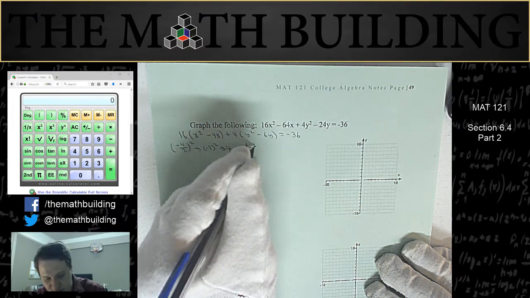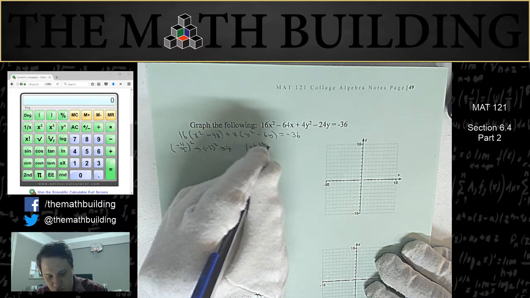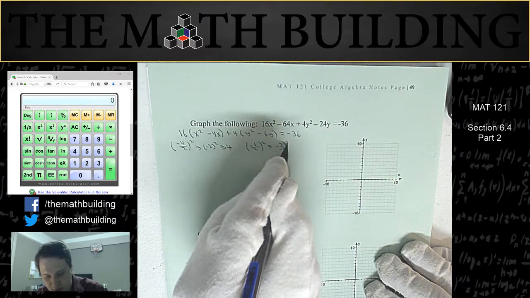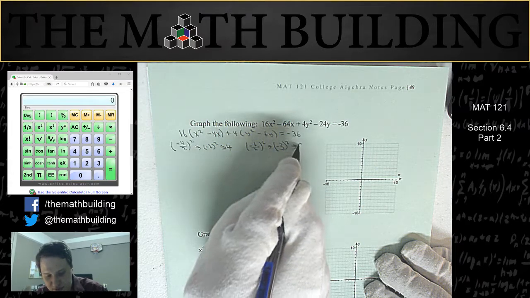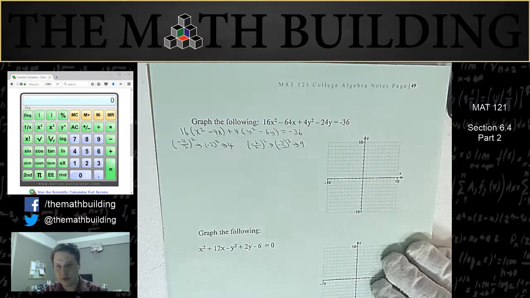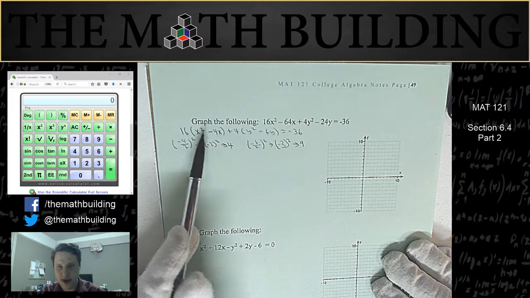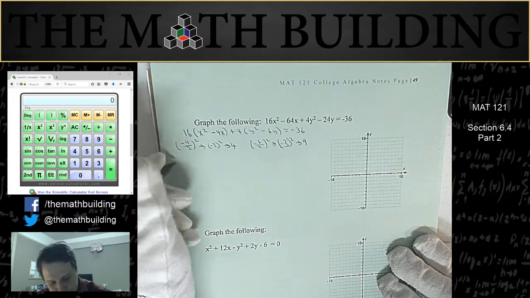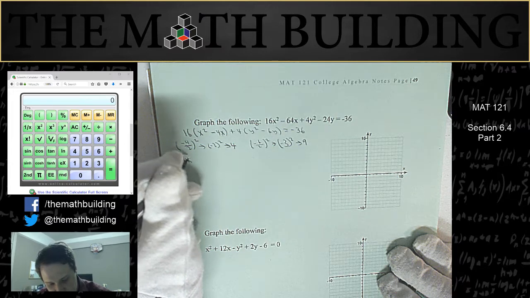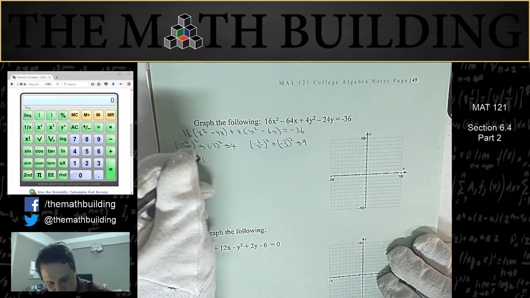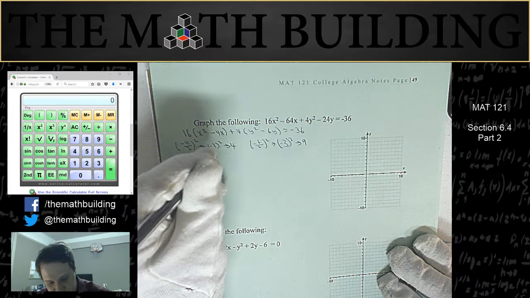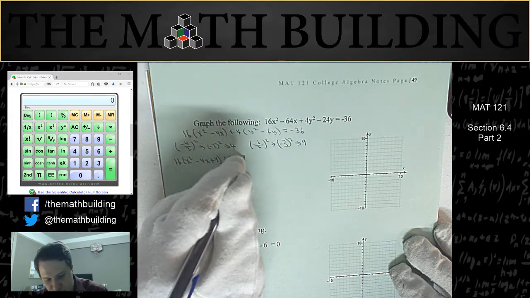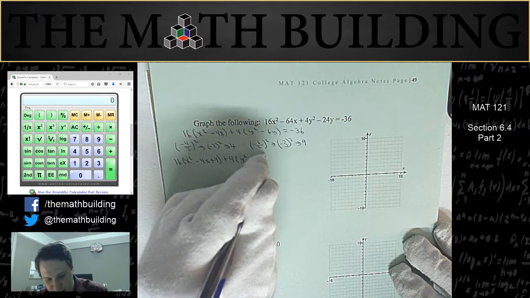It's negative 6 divided by 2 quantity squared, which becomes negative 3 quantity squared, which becomes 9. So the magic number for this part is 4, and for this part is 9. So let's add that in. 16 times x squared minus 4x plus 4 plus 4 times y squared minus 6y plus 9